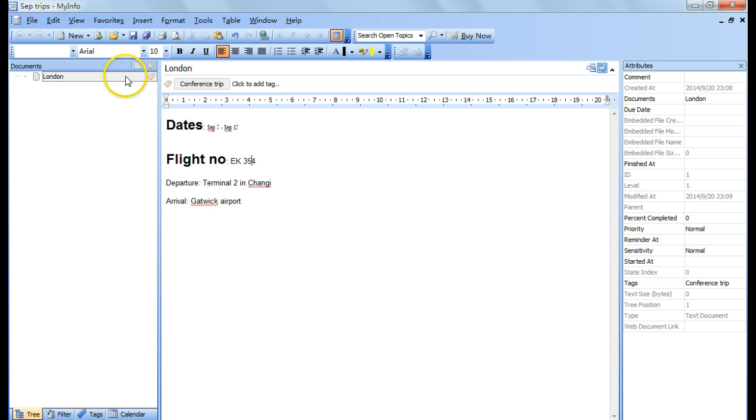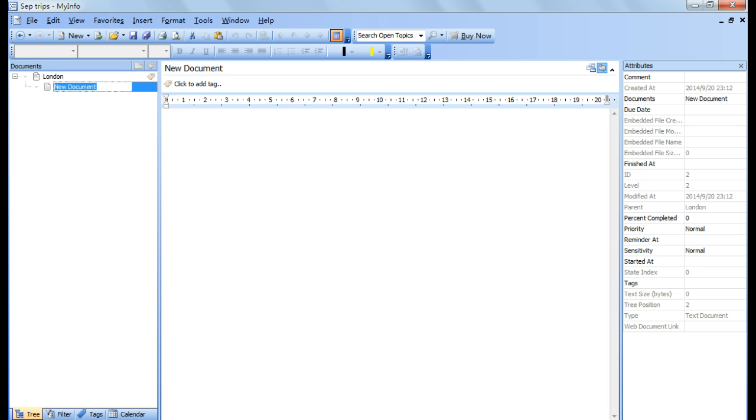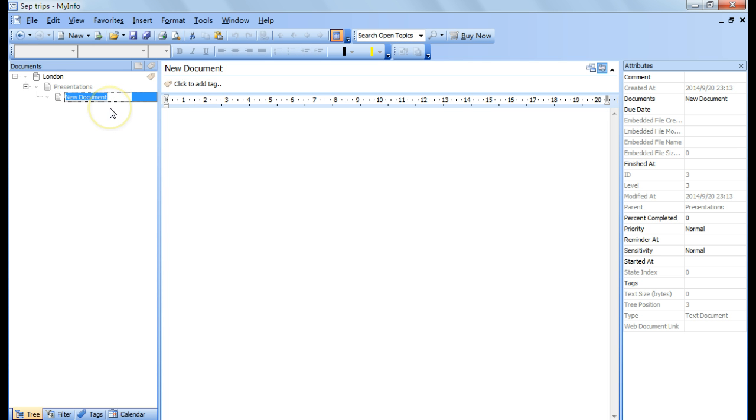I am going to create some different aspects of my London trip. So we right click this document from here, and you can see I can create sub-documents. The most important thing that I'm going to do in London, of course, is to do presentations. I have 2 presentations. So after this sub-document, I will create another 2 sub-documents for presentations, because the first presentation is on Monday, and